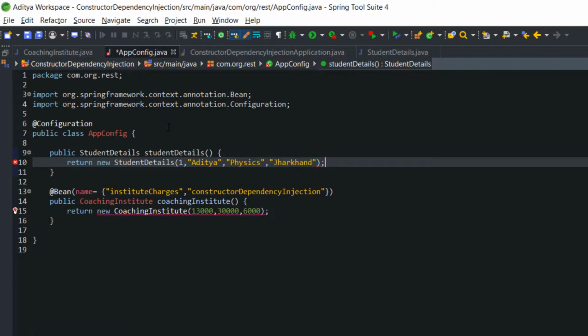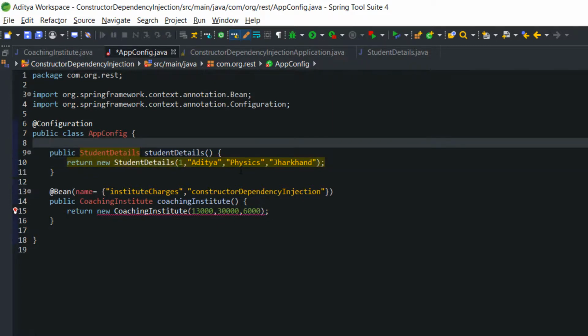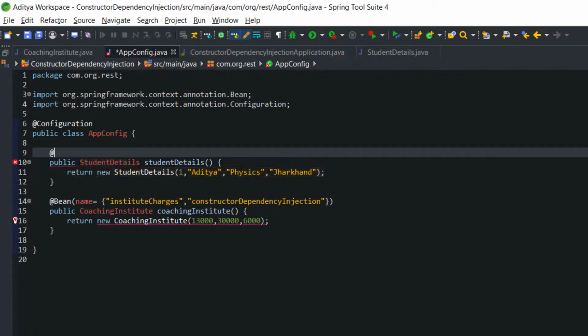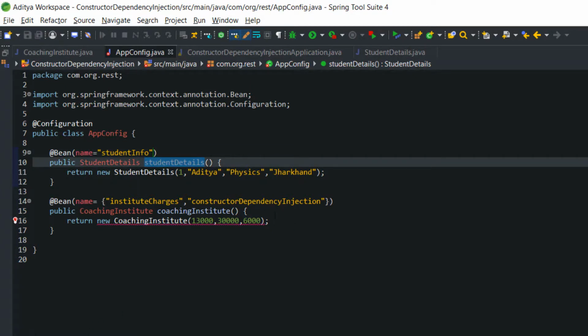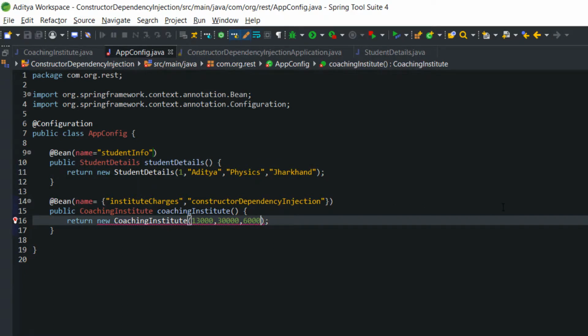Job is done. Now I will mark this method with @Bean, so it will work as a bean method, and I will give a custom name instead of the method name. So I will write student info. Now I'm going to pass this student details to the modified constructor of coaching institute.